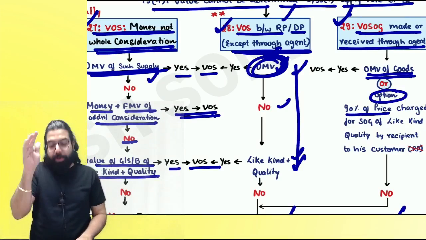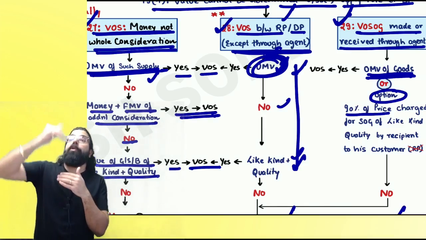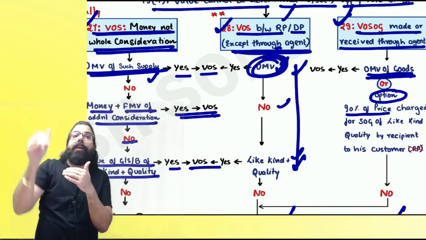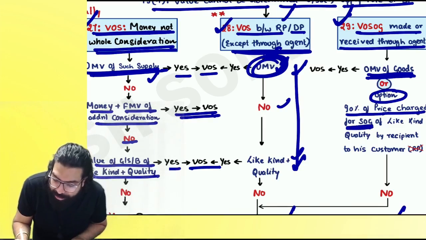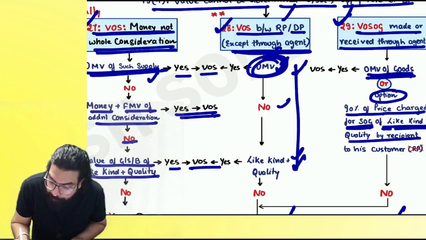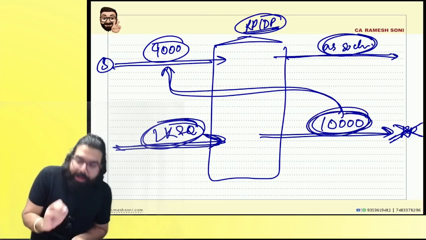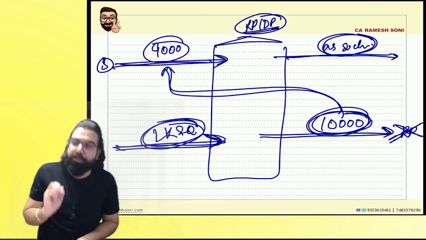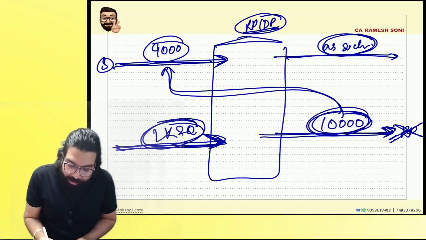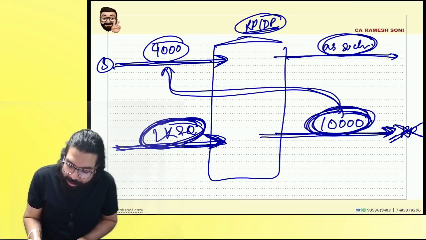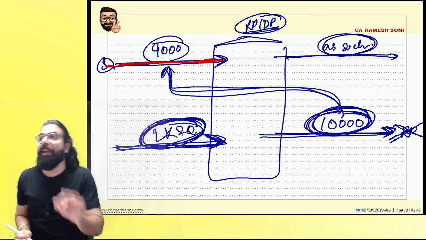Now listen to me very carefully. It says open market value of the goods. I am supplying to my agent, and I am also openly supplying. Whatever is the open market value, that will be taken. Or 90% of the price charged for supply of goods of like kind and quality by the agent to his customer. The same thing over here. My agent is buying from me also and selling. My agent is taking from someone else also and selling. Whatever is the like kind and quality goods being sold by him, 90% of that will be taken as the value of supply between me and my agent.